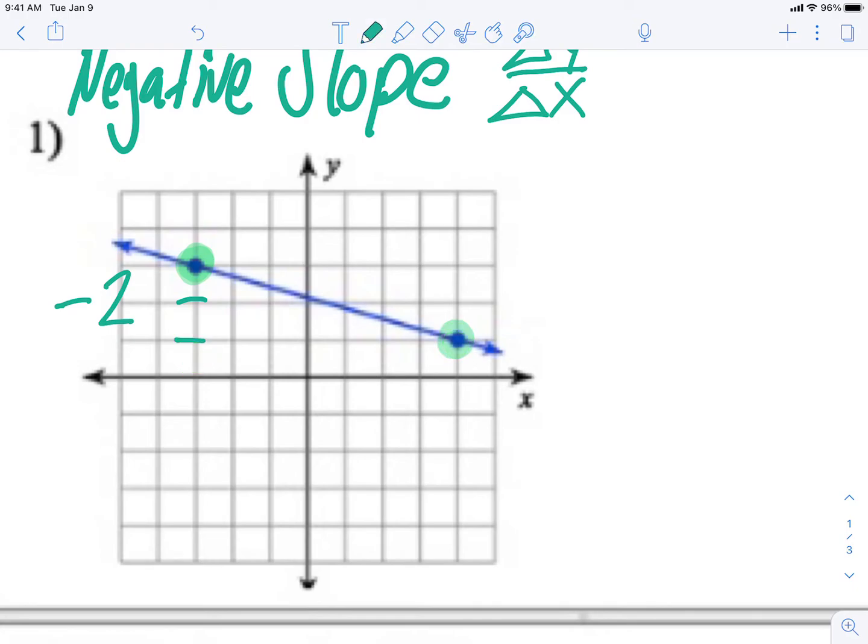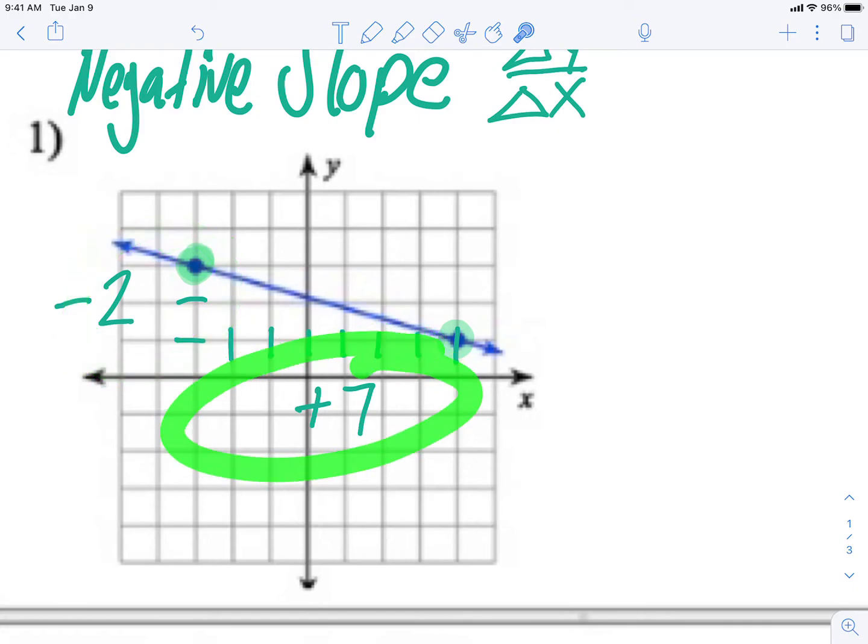So I'm going to go to the right 1, 2, 3, 4, 5, 6, 7. Look at that. And when you go to the right, that's a positive 7. Like that. Right? So this is delta y, up or down,